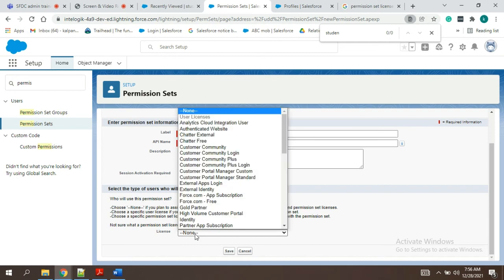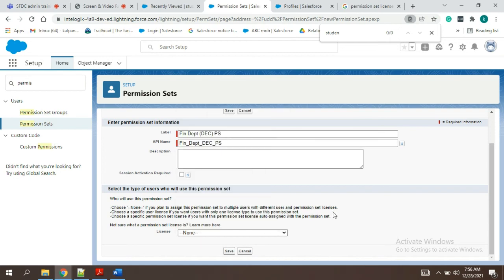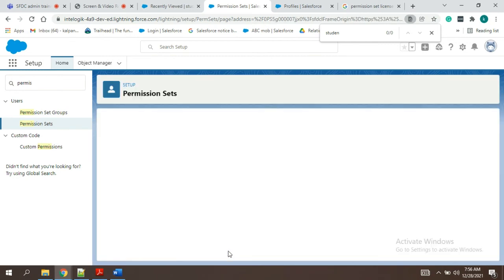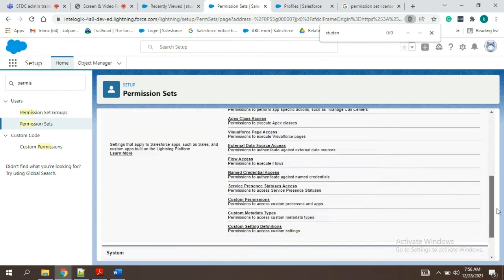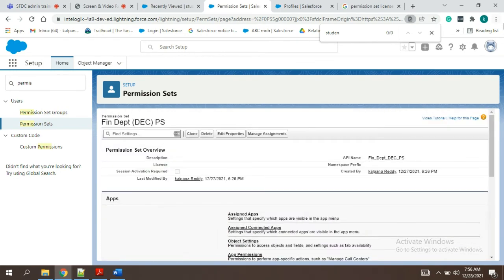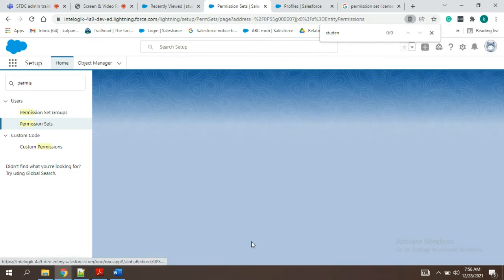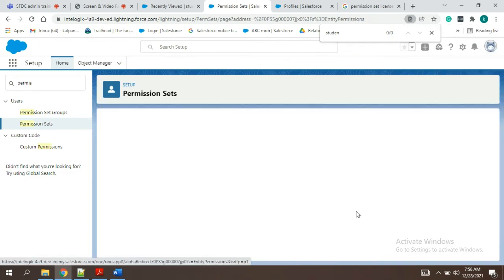So now I have searched, like I have added any of the license, but when we give nothing, it will act as, like it will be applied to all the profiles or all the licenses, it will match. Now we have added, so this will work.